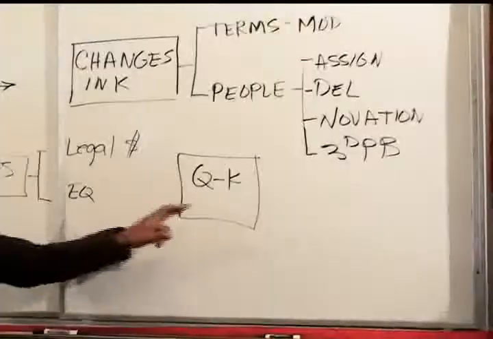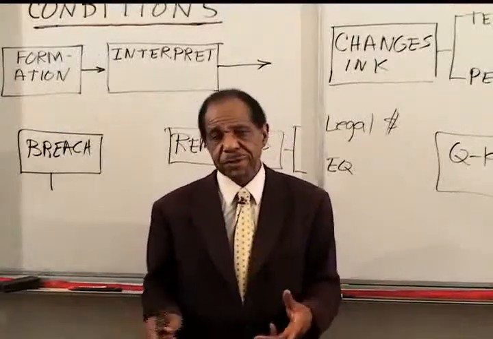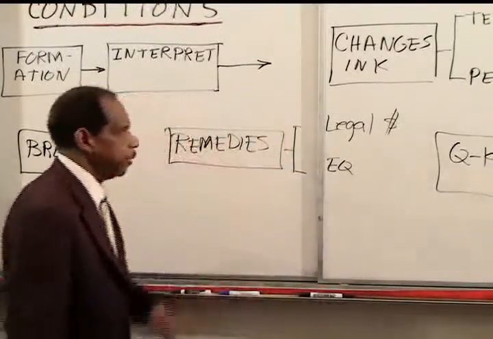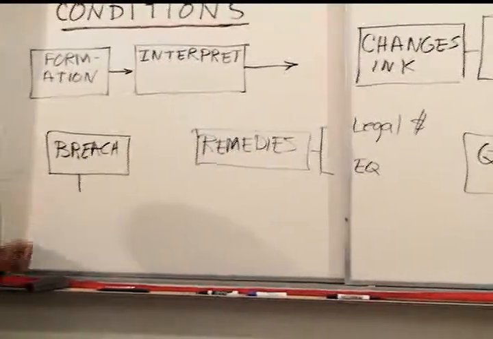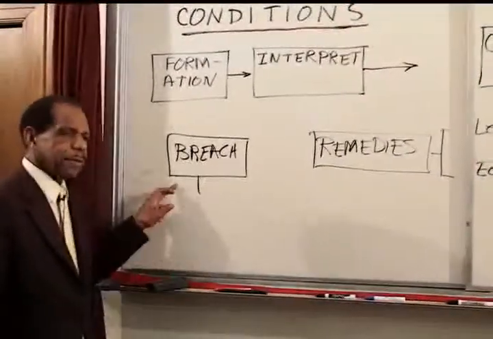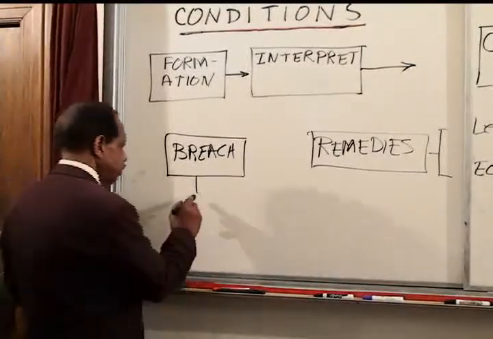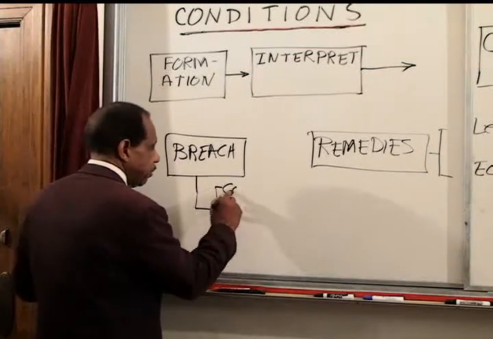So the quasi-contract issues come up when the contract got terminated or never existed for some reason, and you've got to do what's fair to people. So these are the big areas of the law of contracts, and here is the area where we're going to be working right here, breach of contract. So the question now becomes, how do you decide whether or not there was a breach of contract? And the answer is that there are three requirements for a breach of contract. Those three requirements